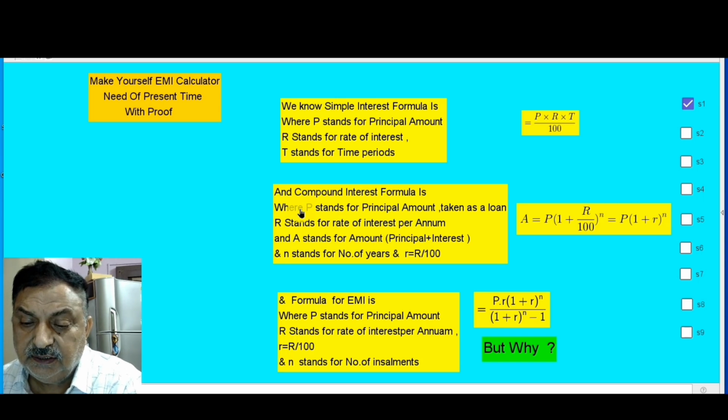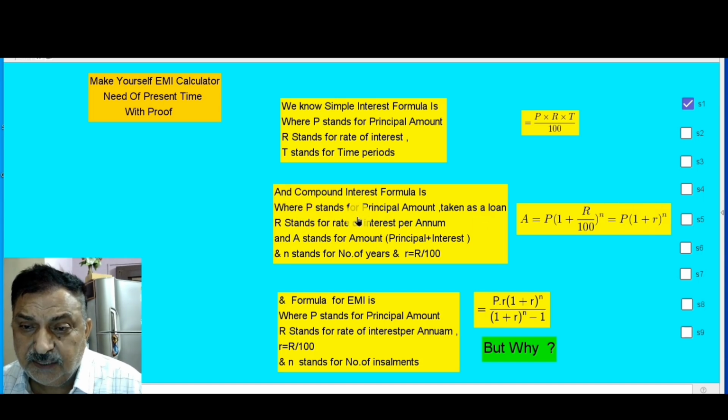Thanks for that. Today our topic is EMI. We know the simple interest formula is equal to P multiplied by R multiplied by T divided by 100, where P stands for principal amount, R stands for the rate of interest, T stands for time period, and the compound interest formula is A is equal to P into (1 plus R over 100) whole power n, which is equal to P into (1 plus small r) power n,